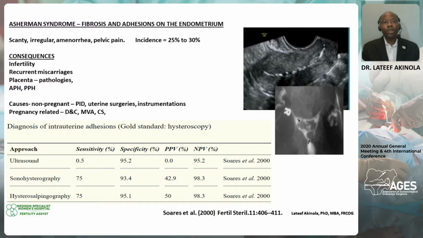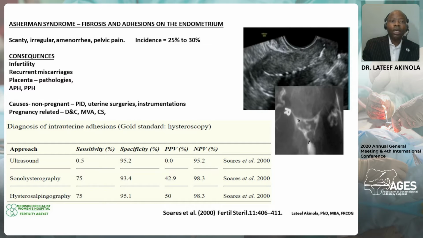Asherman syndrome is very common in our environment because of septic abortion and, of course, inappropriately done uterine surgeries that involve the endometrial cavity. It can cause scanty, irregular menstruation or complete amenorrhea. Pelvic pain is also important. Incidence is about 25 to 30%, maybe higher in our environment, and the consequences include infertility, recurrent miscarriages, placenta pathologies,